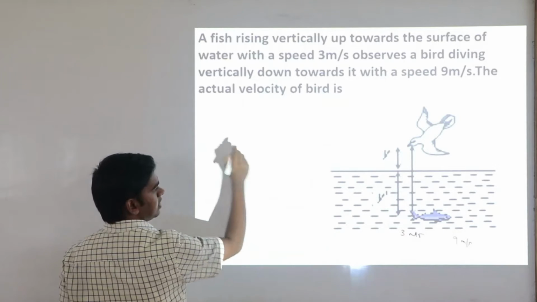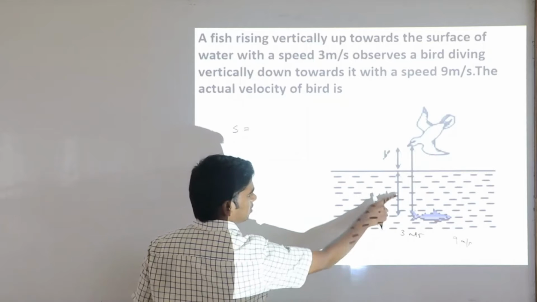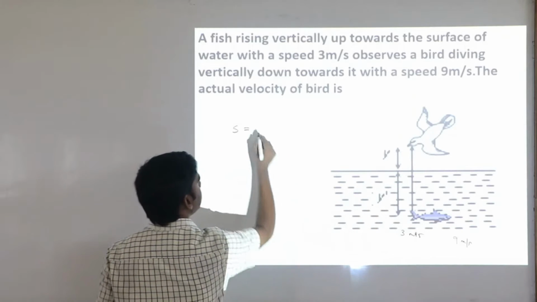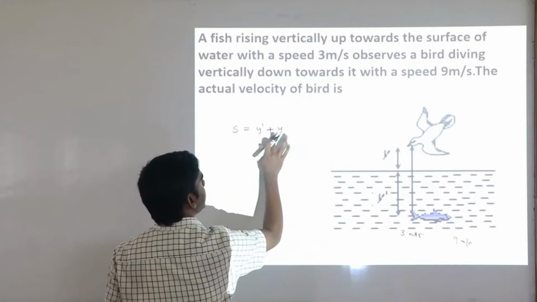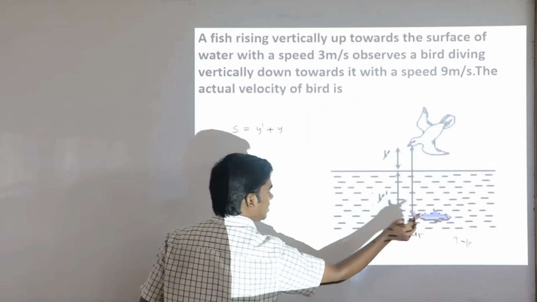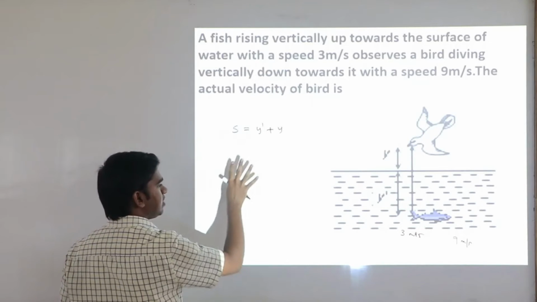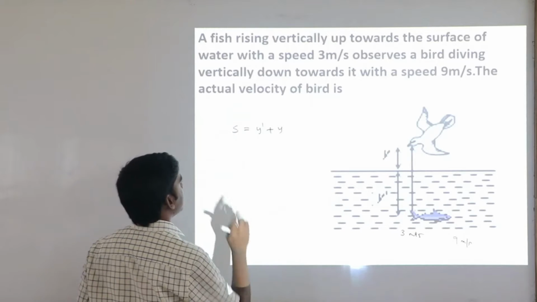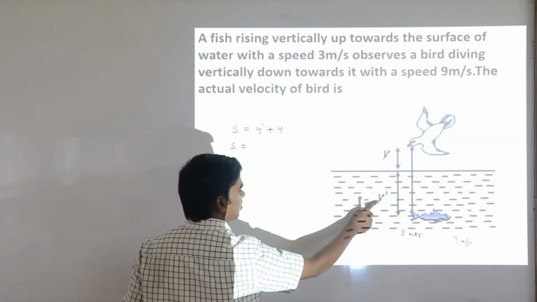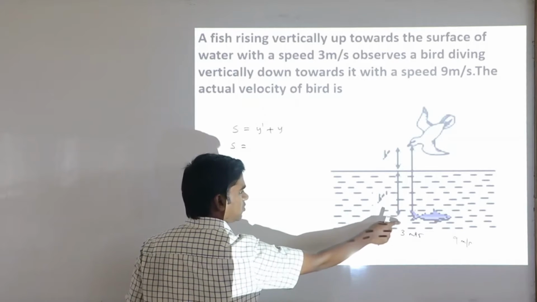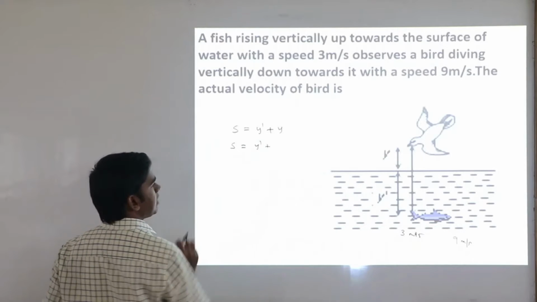If I take the distance between fish and bird as s, it equals the distance of the fish from the surface, y dash, plus the distance of the bird from the surface, y. These distances are seen by the fish. Whatever calculation we do is as seen by the fish. So y dash is the distance observed by the fish. Again, the fish is in water, so this distance is also in water, so I will take this as y dash only, plus